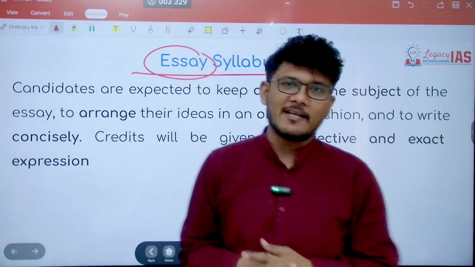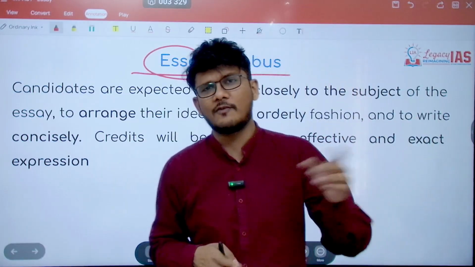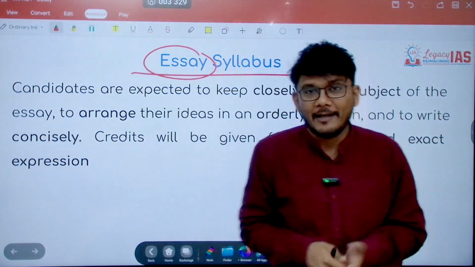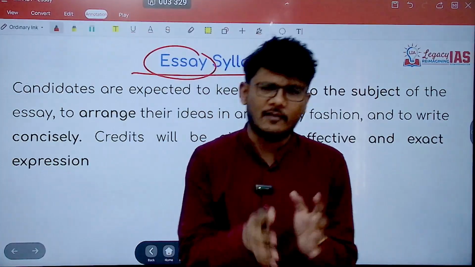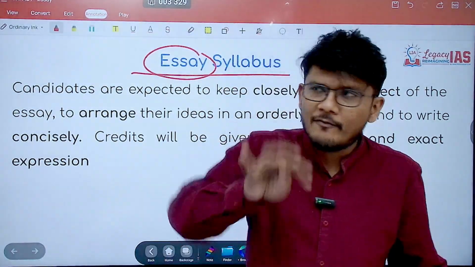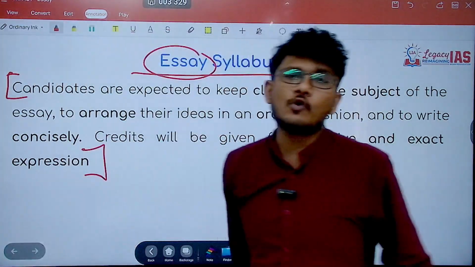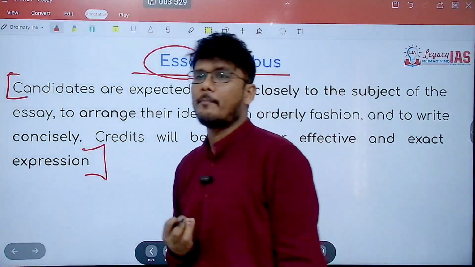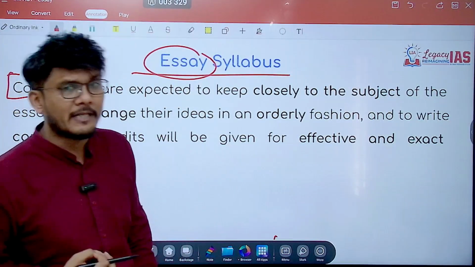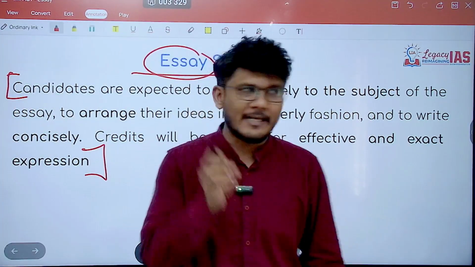History of India and the Indian national movement. That is your syllabus for history for prelims. Now, it doesn't tell you much, so you basically have to study everything with a special focus on national movement. However, here, if you read this one single paragraph, this is going to teach you a lot about essay and how it has to be written. So let's go through that in detail.